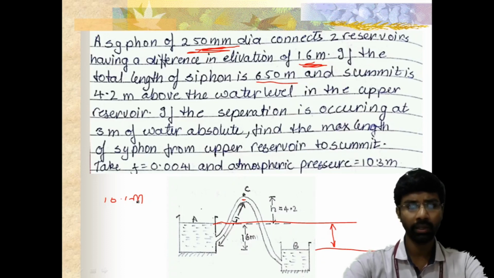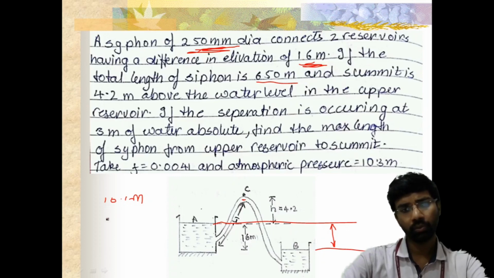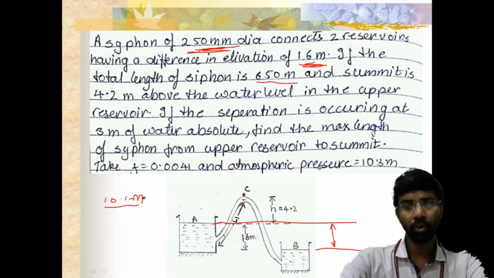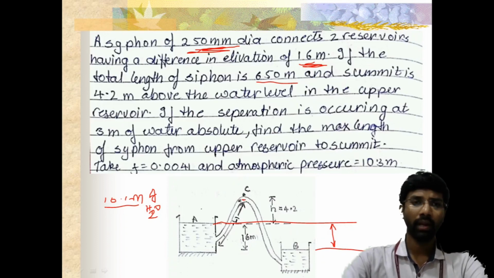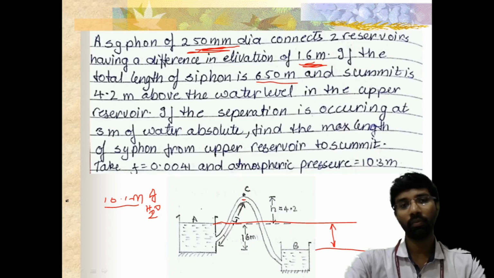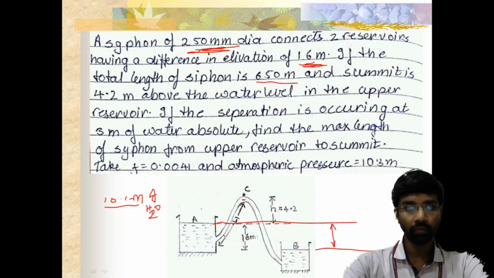During that topic I have already discussed this about absolute pressure and atmospheric pressure. There we have identified atmospheric value, it is 101 kilonewton per meter cube, or this 10.1 meters of water. Similarly, vacuum pressure, if you consider this atmospheric pressure as a datum, vacuum pressure is minus 10.1 meters of H2O. But generally, in practice, that much of pressure won't exist at this point. Generally, it is of around 7 point something meters of water will exist here. Here it is 3 meters of water absolute, that is the pressure at this particular point C.